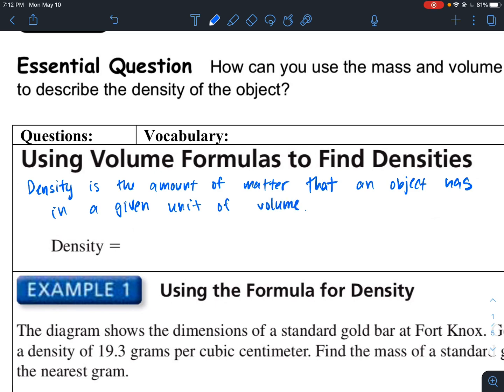In a given unit of volume. Okay, so if you have a cube,